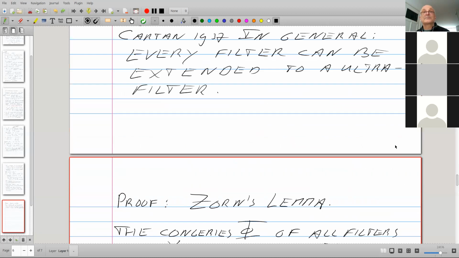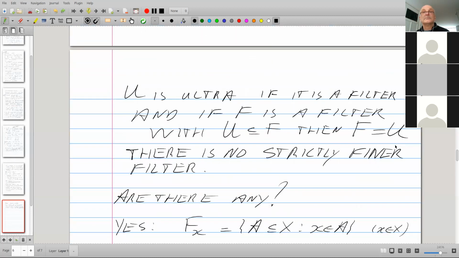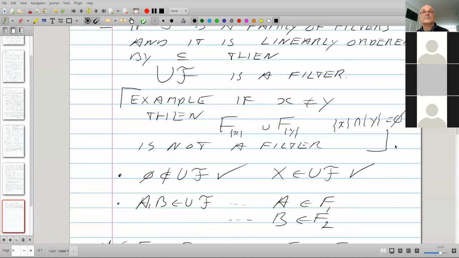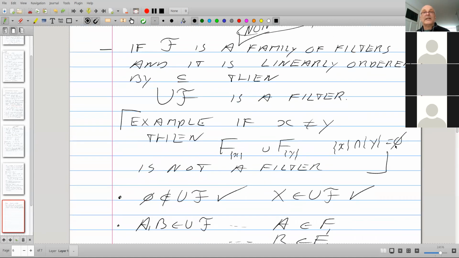Well, what did we just prove a few pages ago? If we have a family of filters that is linearly ordered by inclusion, that is, if it is a chain, then the union is a filter.